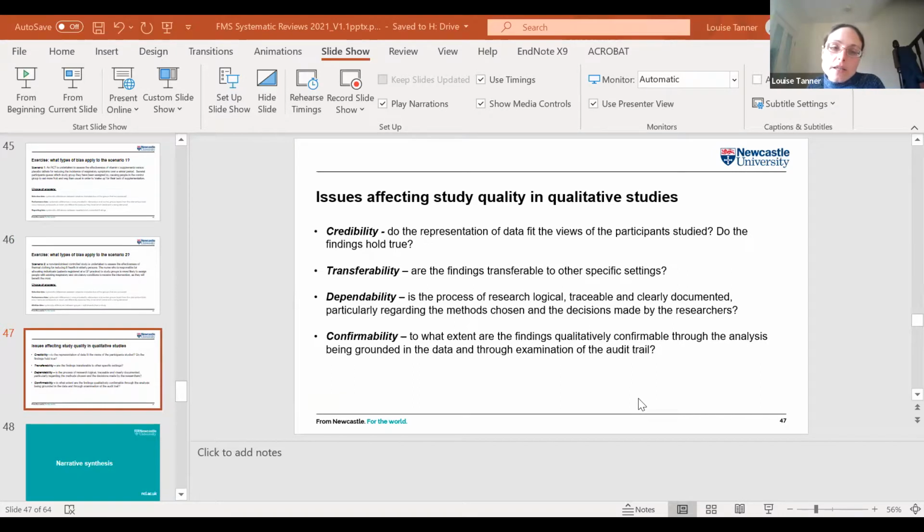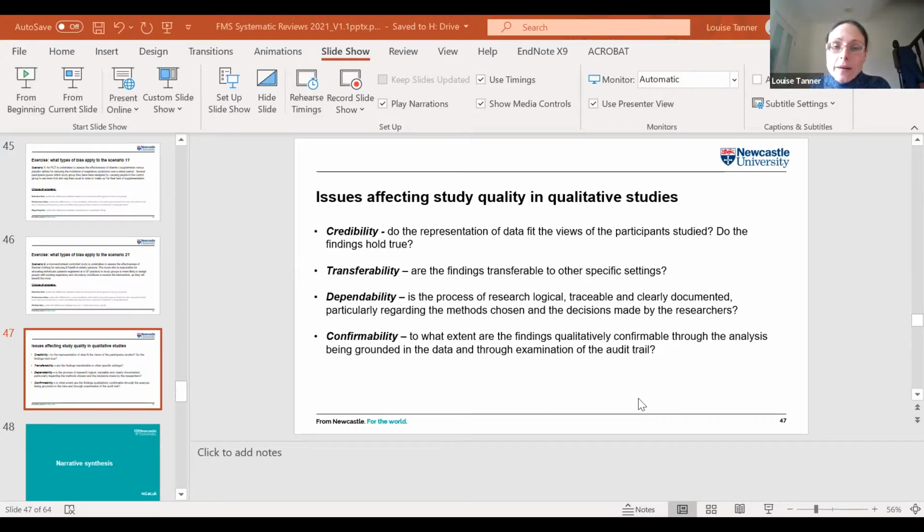Okay, so I just want to mention that obviously in some systematic reviews, you might be including qualitative studies. In fact, depending on what your review question is, it might specifically include only qualitative studies. And there is a CASP tool for assessing the quality of qualitative studies. There are probably other tools as well that I'm less familiar with, but certainly the CASP program provides a tool.